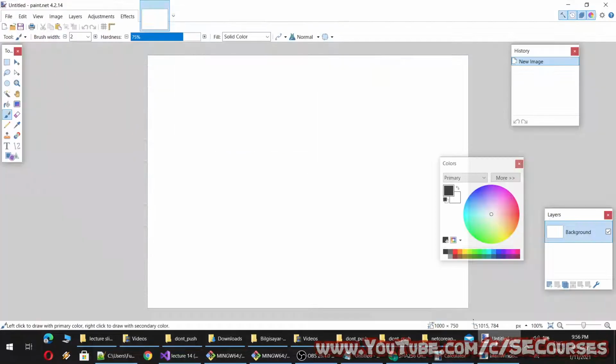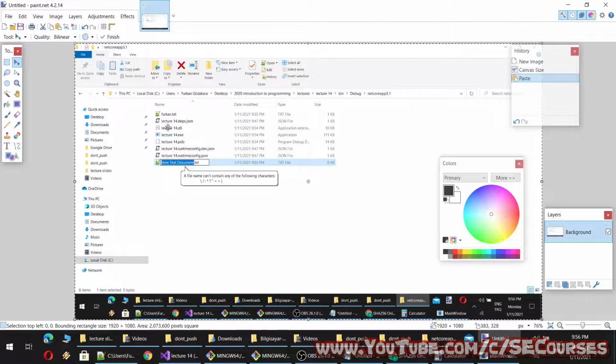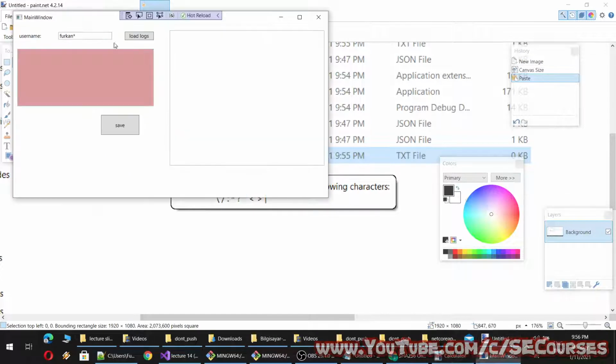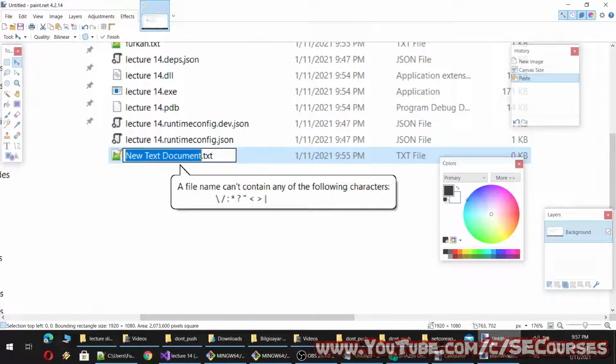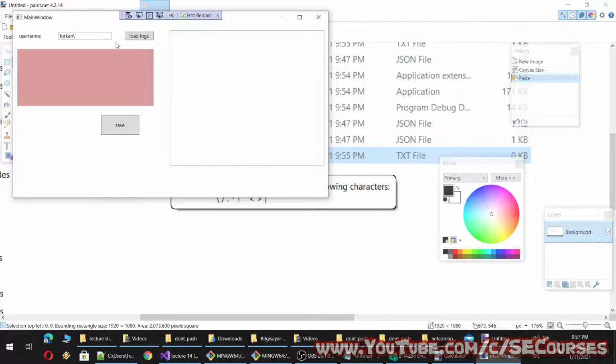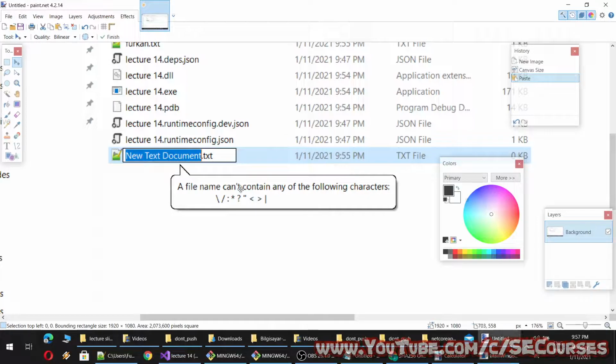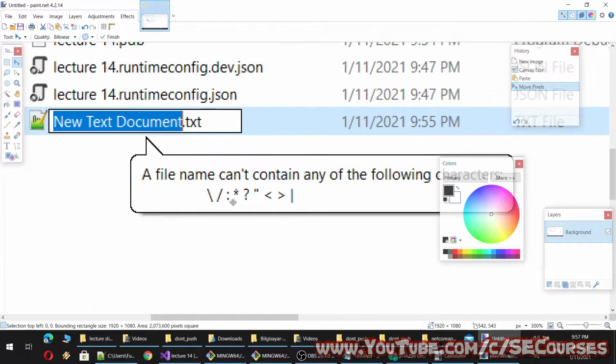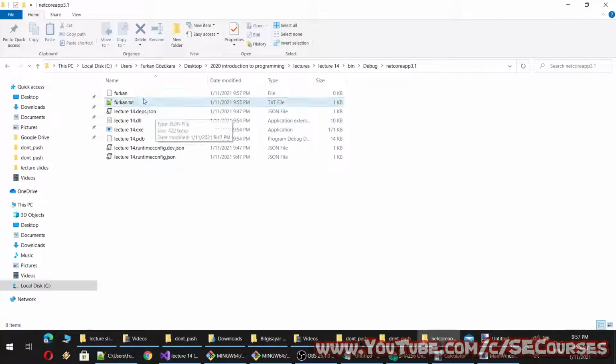And what other characters were invalid? Let's test each one of them. For example, this one. Let's add it as well. You see invalid character name is entered, and let's try another one. Okay, invalid username is entered, and let's try this one. Oh, it did allow this one, for example. However, it shows here that it is invalid.